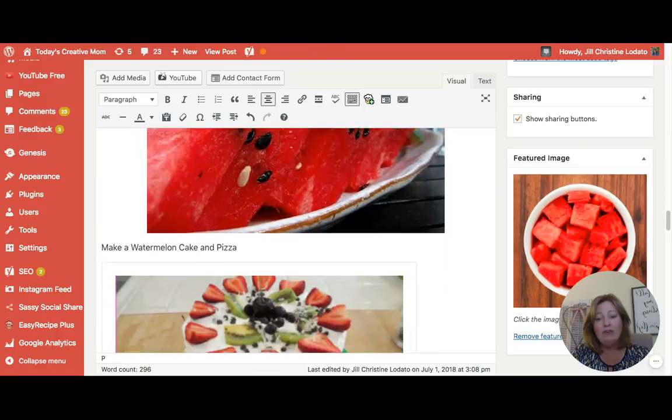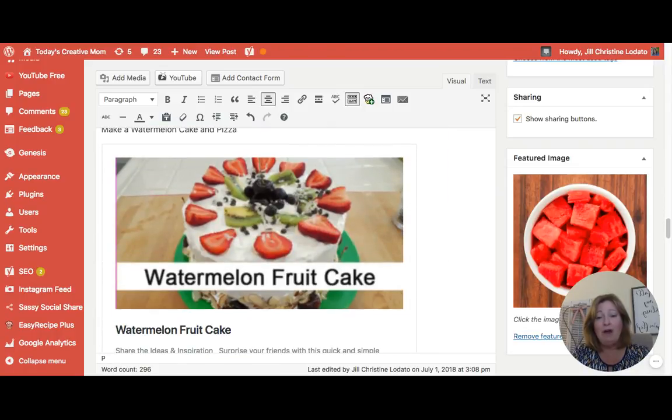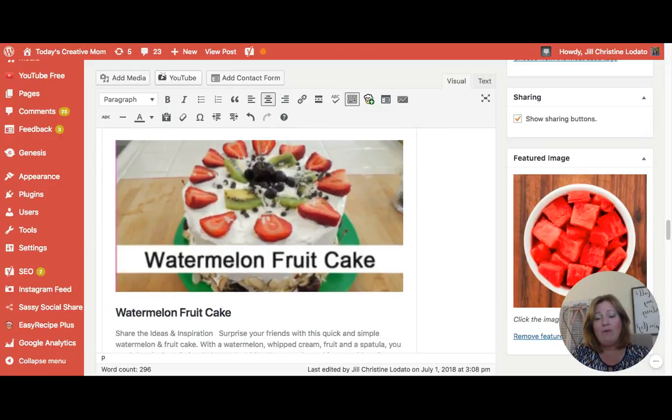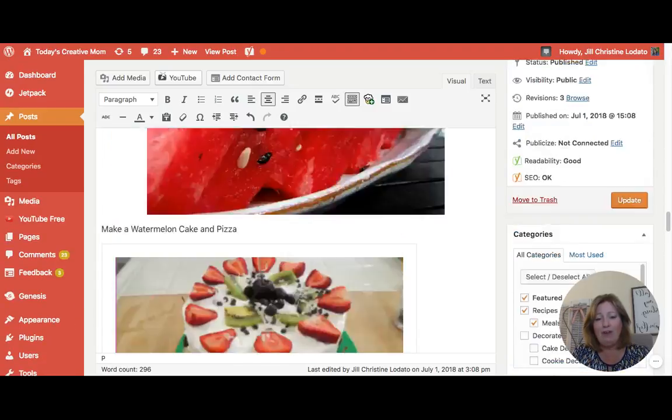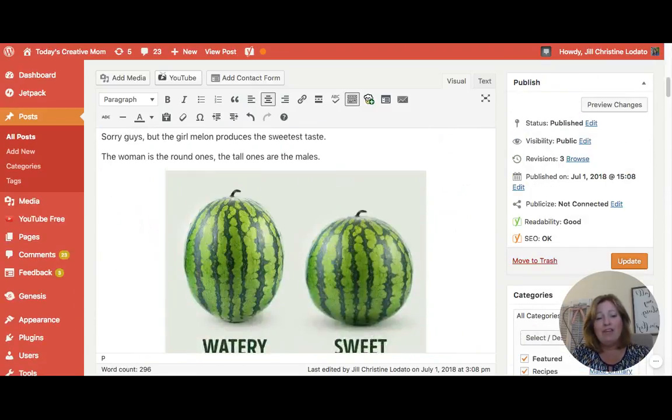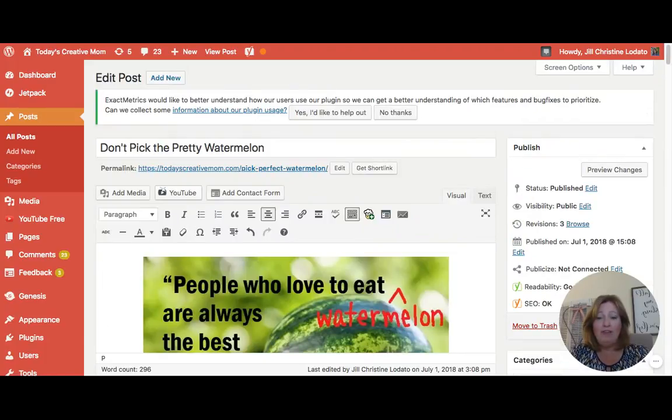I've also included 2 recipes that I have on my blog that are going to link to other posts, because I want to keep them on my site. And so I have my watermelon fruitcake and my watermelon pizza recipe on there. So there's my plan. The next thing is to actually prepare it,